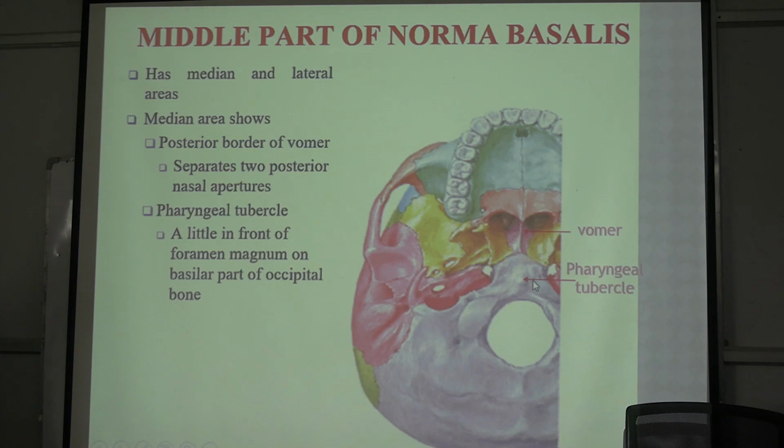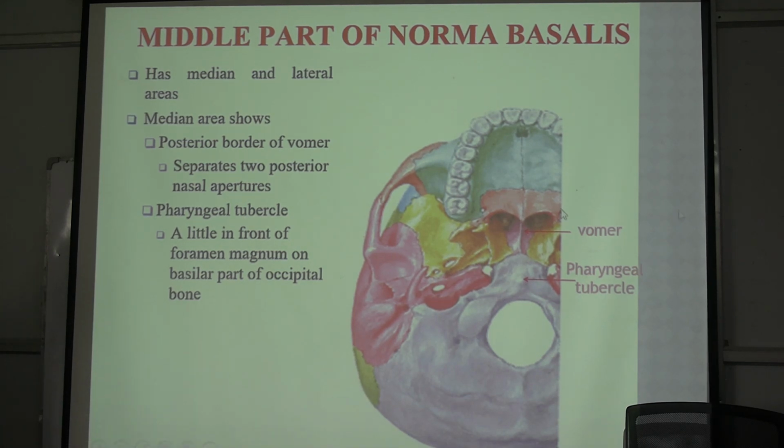So, choana to this particular thing over here, we call them as pharyngeal tubercle. This particular bone that you are looking at here is the occipital bone. This opening we call the foramen magnum. These are the articular parts or articular facets, we call them occipital condyles. Now, in the midline here we have a bony piece which is projecting out, bulging out, we call it